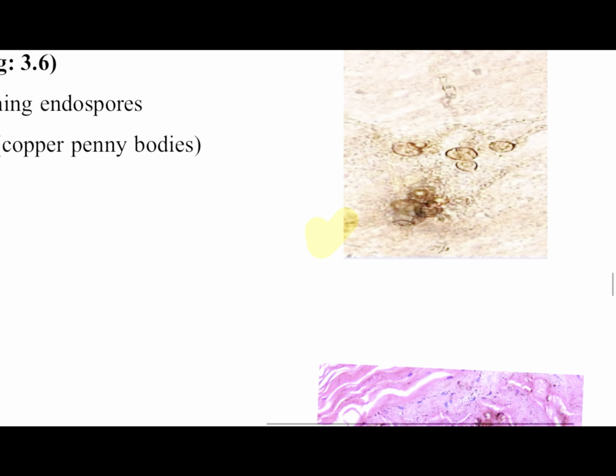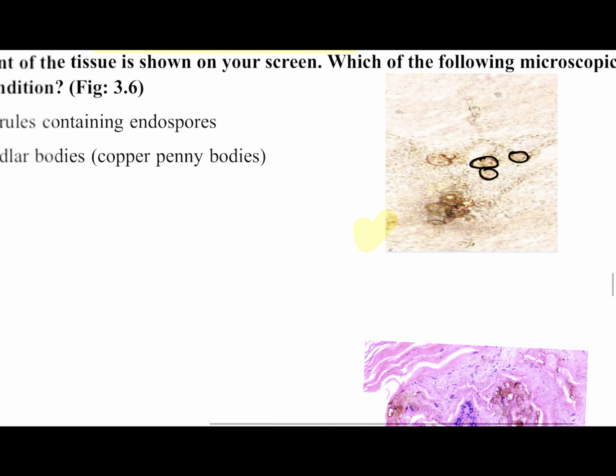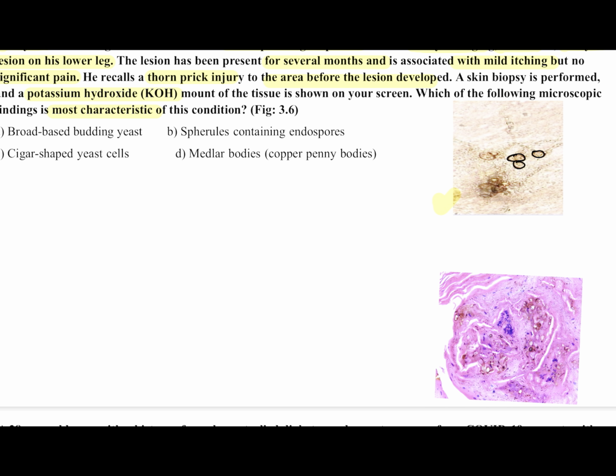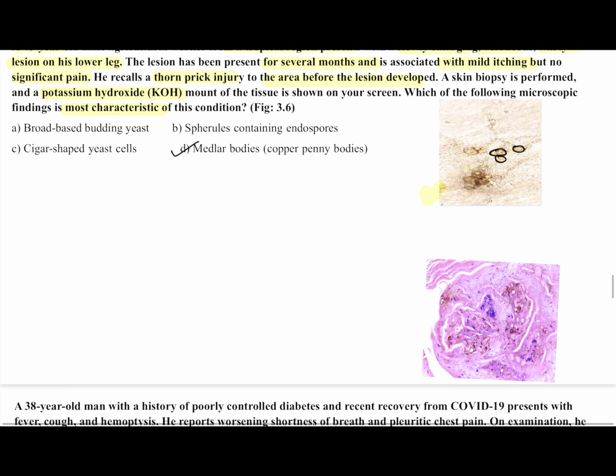So if you don't know anything, if you just see this image, you can see these bodies. Okay? So these bodies are copper penny bodies or Medlar bodies. So if in a KOH mount you find these bodies, these are Medlar bodies. These are seen in chromoblastomycosis. Okay? So you will see them in patients who have chromoblastomycosis, whereas broad based budding yeast is seen in